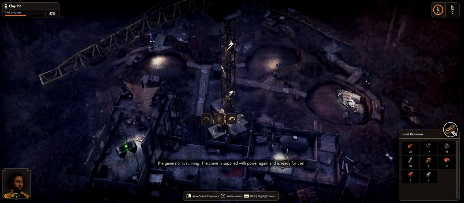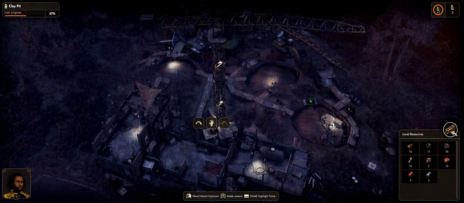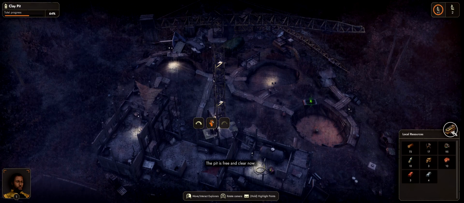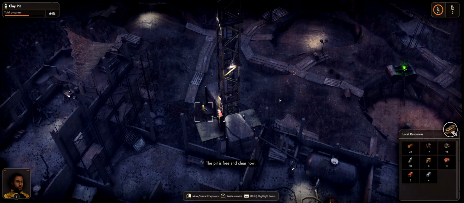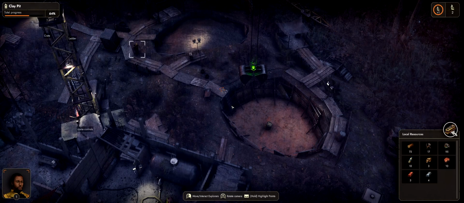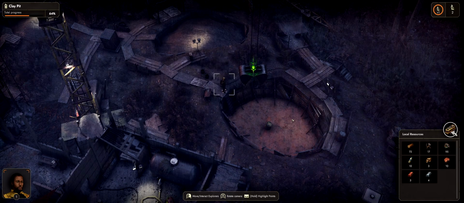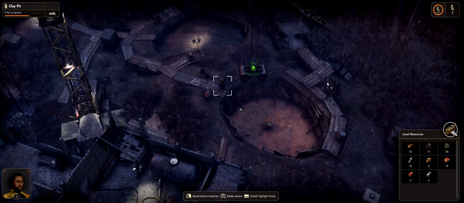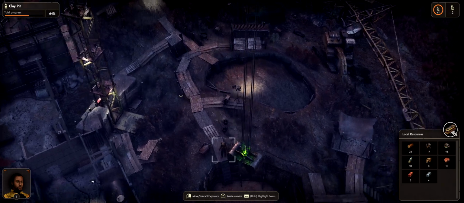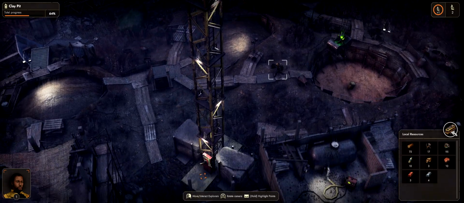The generator is running. The crane is supplied with power again and is ready for use. Done! The pit is free and clear now. Nice. On the road! Let's go! Can I not go down? I guess not. We can do that or that. Maybe this is empty. I thought that was something, but...